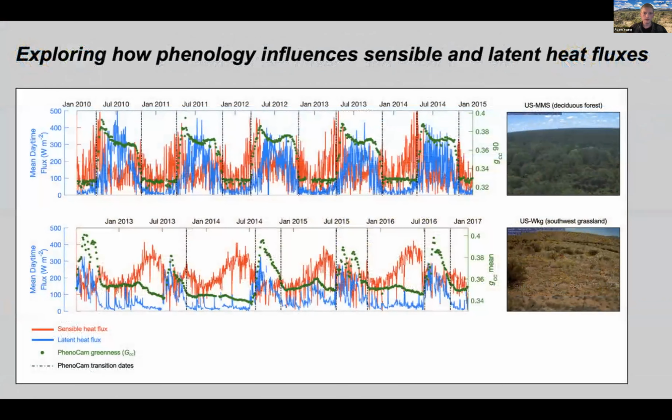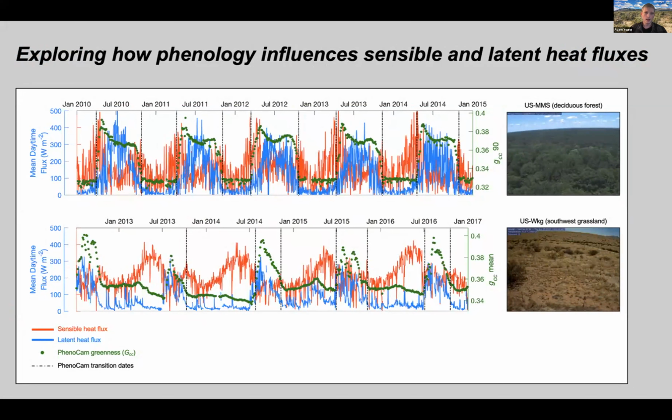So Andrew gave a really great overview and introduction to what PhenoCam is, the kind of data sets or derived products it can provide regarding studying phenology, and some of the applications or scientific questions that can be addressed using PhenoCam. And so what I want to do today with the few minutes I have is build on Andrew's talk, add to it,